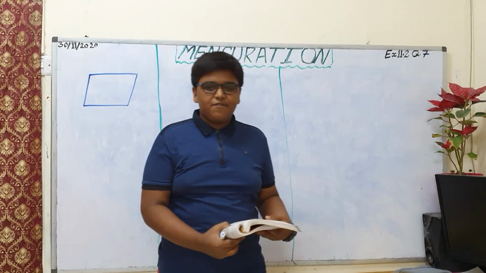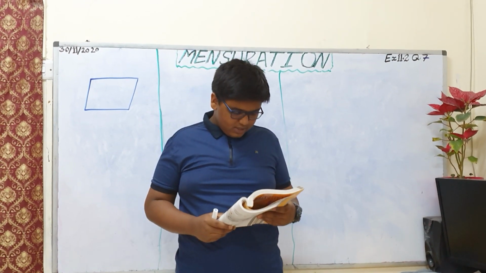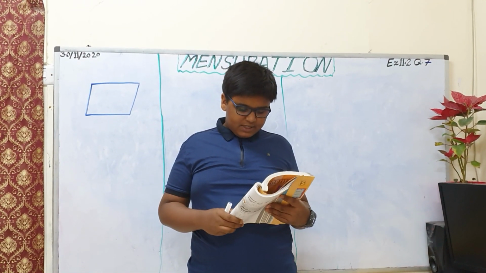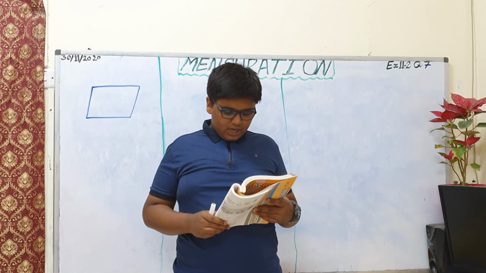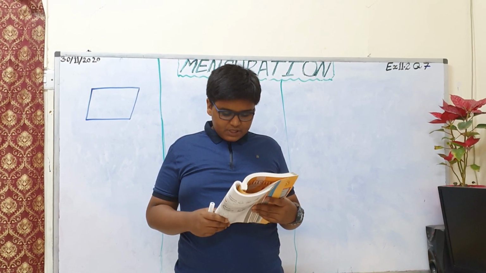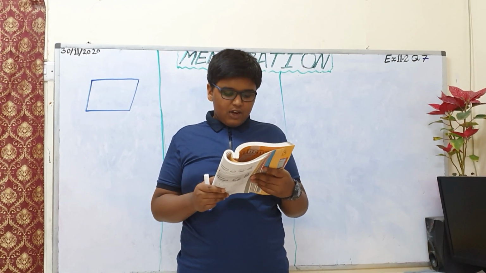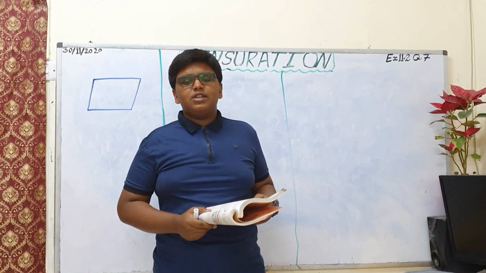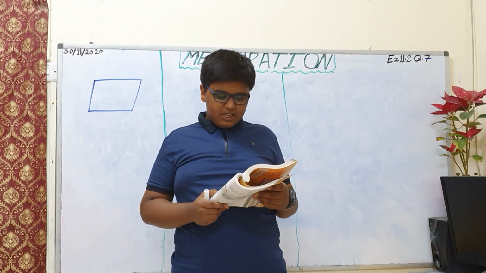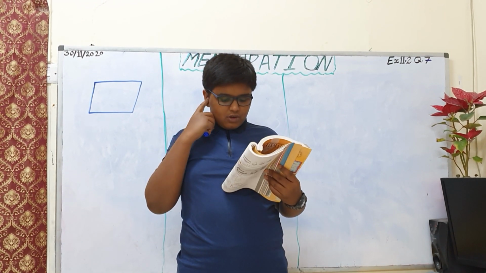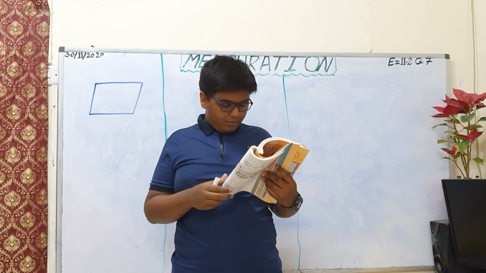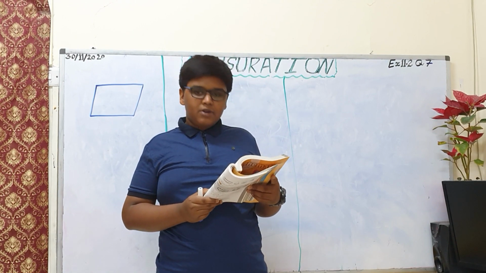In the question, they have asked us: the floor of a building consists of 3,000 tiles, which are rhombus shaped, and each of its diagonals are 45 centimeter and 30 centimeter in length. Find the total cost of polishing the floor if the cost per meter square is rupees 4. Now what they are saying,